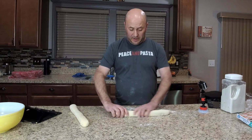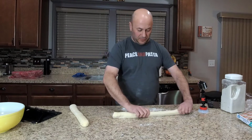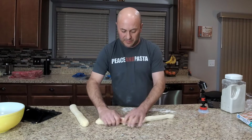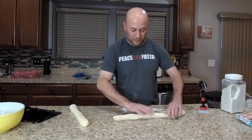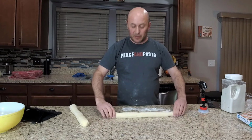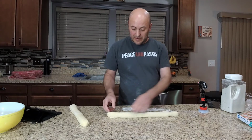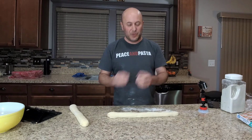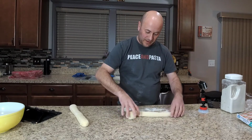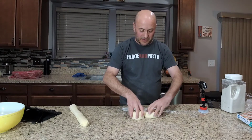So before I do that, I'm going to get this just a little bit thinner. I've got it just a wee bit too thick. And I'm going to get it thinner by kind of stretching it a little bit and then rolling it to try to keep it round rather than square. Now that I have this dough shaped a little bit better, we're going to put it into the traditional Pane Siciliano shape. And the way we do that is it's kind of like an S, or like the note sign if you're a musician. We're going to kind of roll this side in this way and this side in this way until we bring it together